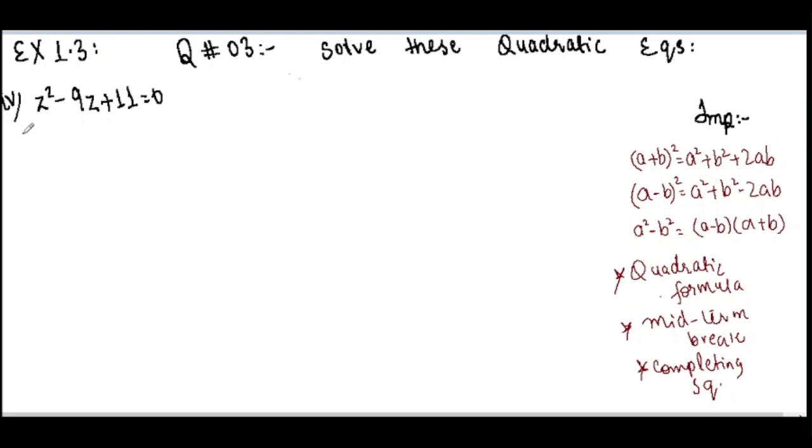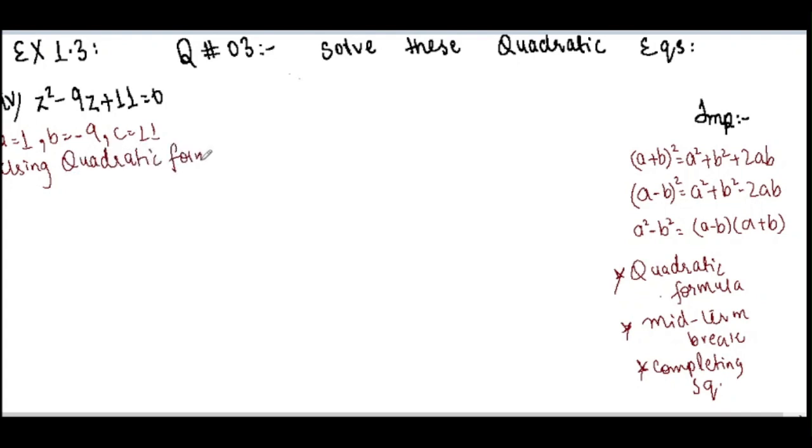The part 4 says z squared minus 9z plus 11 equals 0. Again, there is nothing in the denominator, so we are just going to find the values of a, b and c. A equals, there is no coefficient written with it, so it is definitely 1, comma, b equals, the coefficient of z is minus 9, comma, c equals, the constant term is 11. Now again, using the quadratic formula,